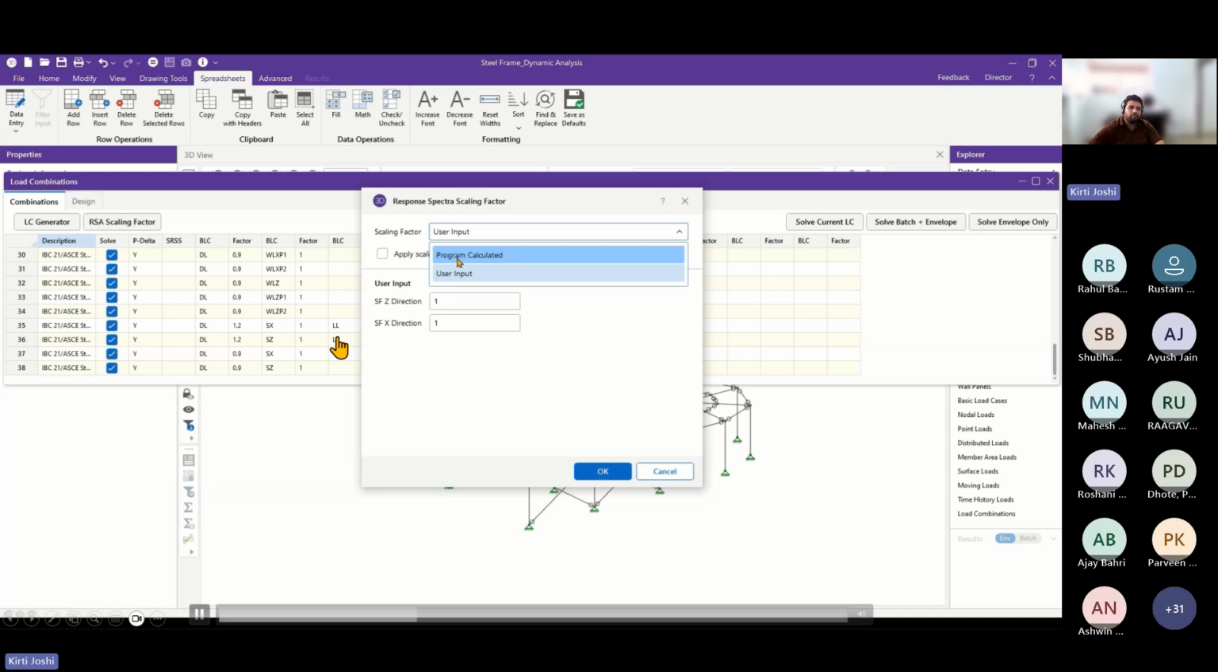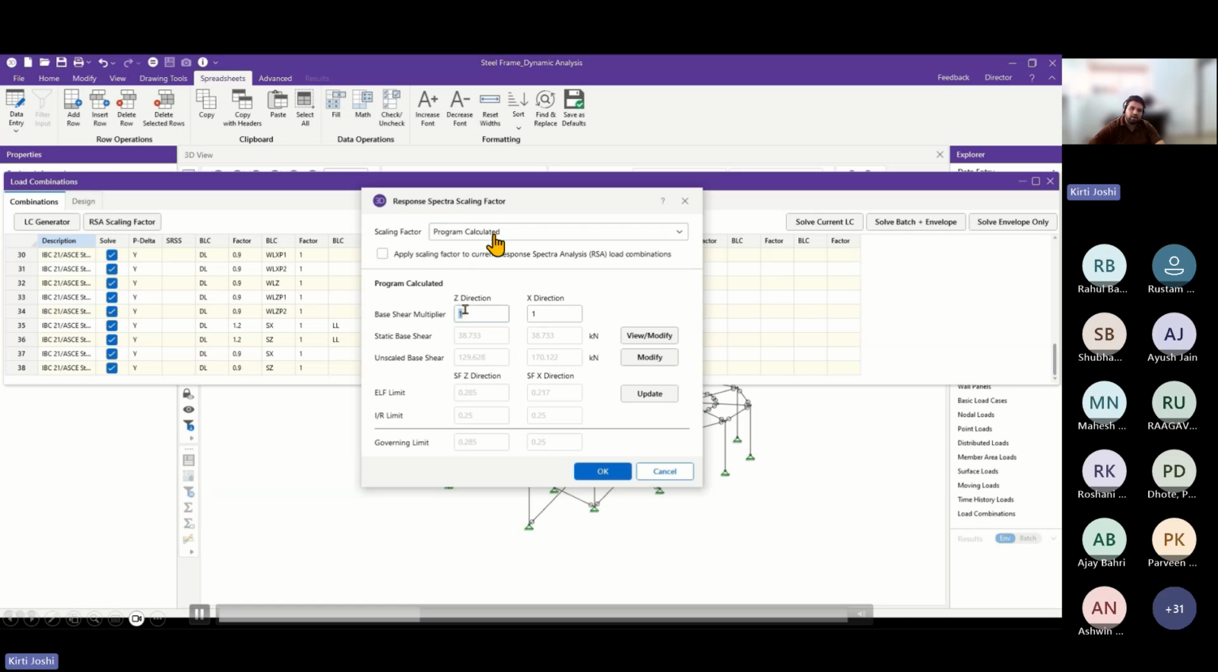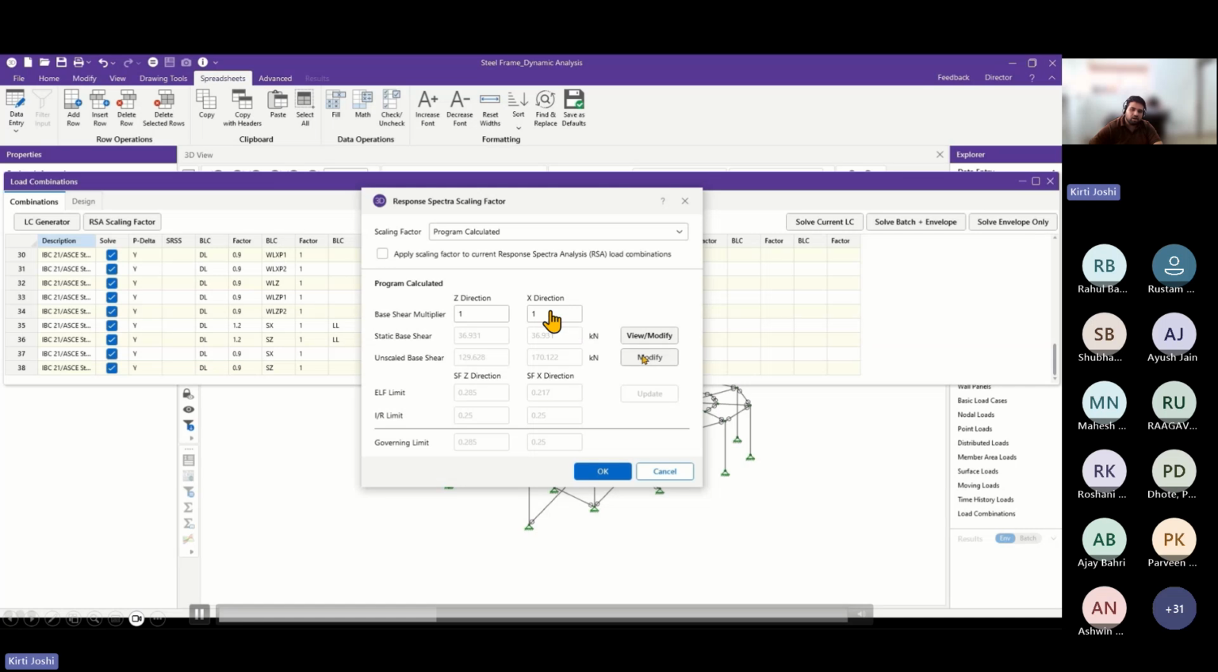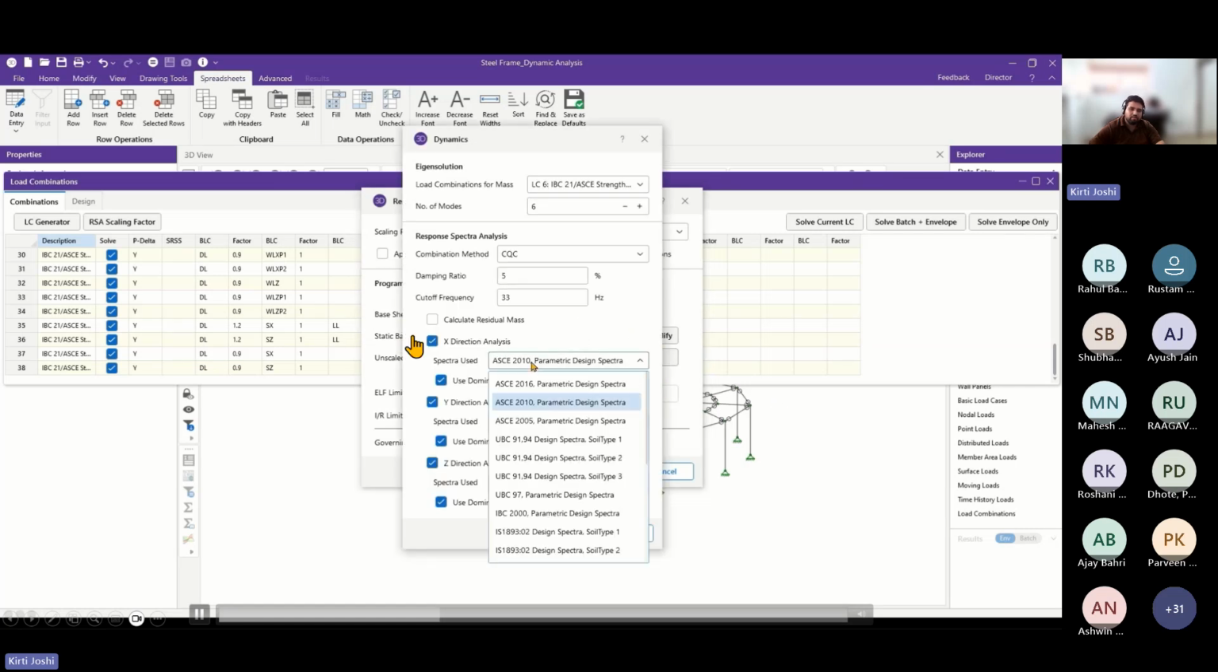There are options of user input and program calculated. So I have used the program calculated. The base shear multipliers I have selected. In most cases we use 85%, but right now I have considered 100%. And in the static,